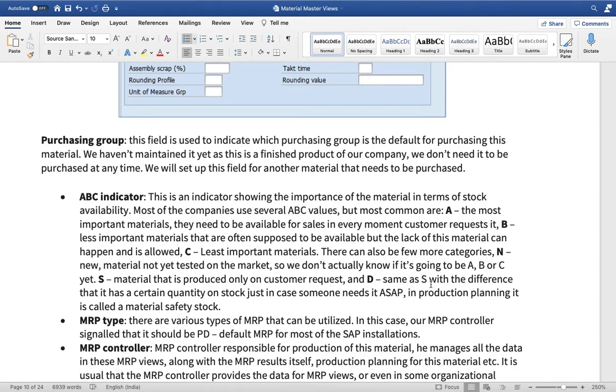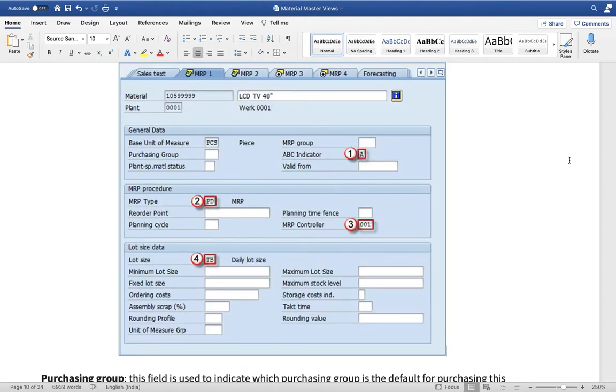The default is always PD. If you write PD, that is the standard MRP production. PD means production. It can be produced in a standard way, so PD may come. If you want some portion to be produced by the factory and some portion to be outsourced, you can define another MRP type, and that particular code can come here.